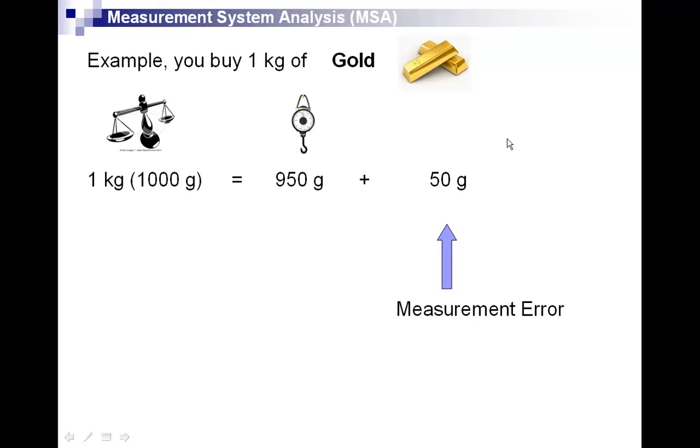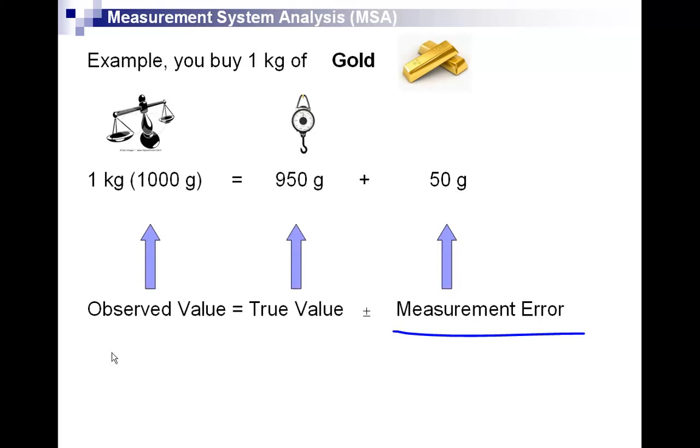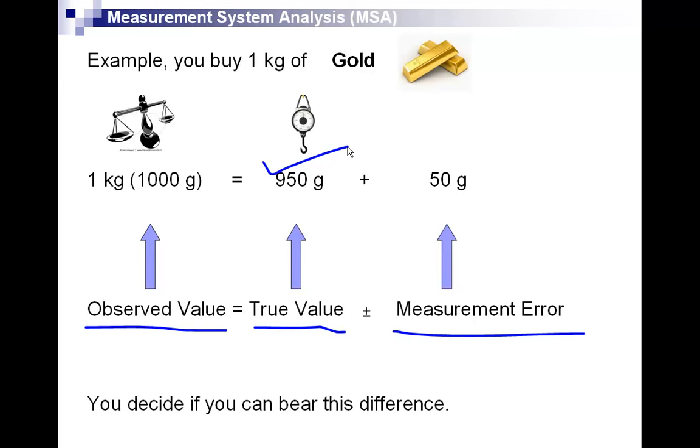measurement error. From Six Sigma point of view, when you work on a Six Sigma project, just try to remember measurement error. Apart from this, try to remember two more terms: observed value and true value. And the second point is, like, in both the situations, it's only you who has to take a call whether the loss resulting from this measurement error can be borne by you or not, similar to the way that you did in case of onion and gold.